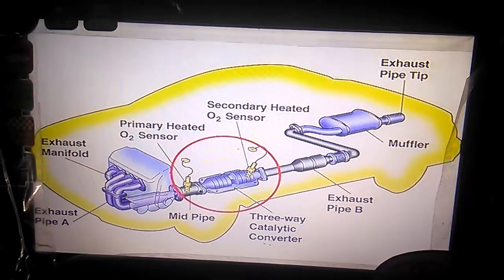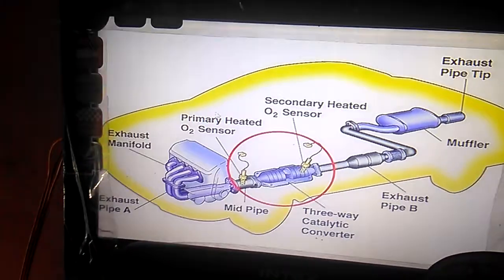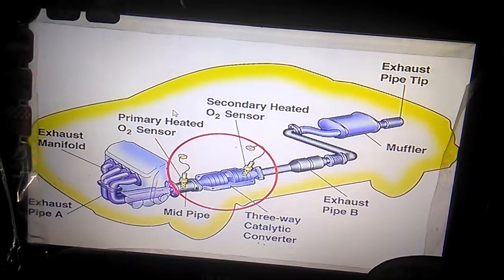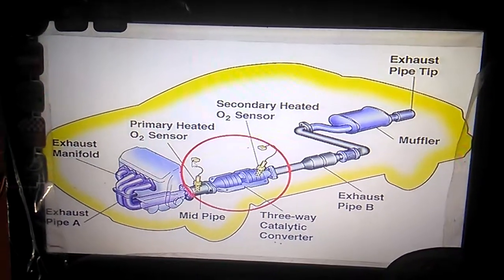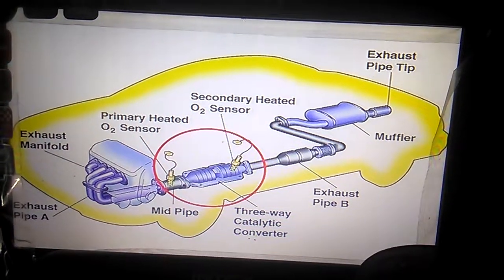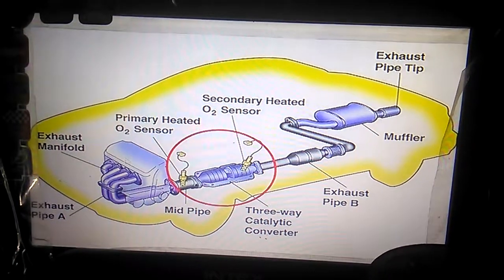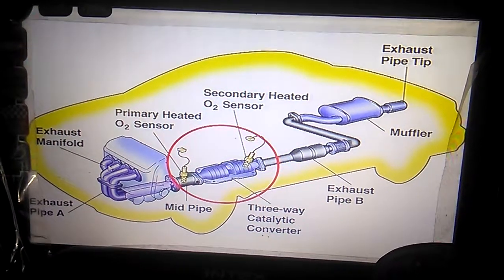So let's look at a picture of a car. If you look at this car, and if you follow my arrow, this is the skeleton of a car, and you're seeing some components inside. I will tell you which are the main components relevant for our discussion right now. If you look at this one, this is called the exhaust manifold.